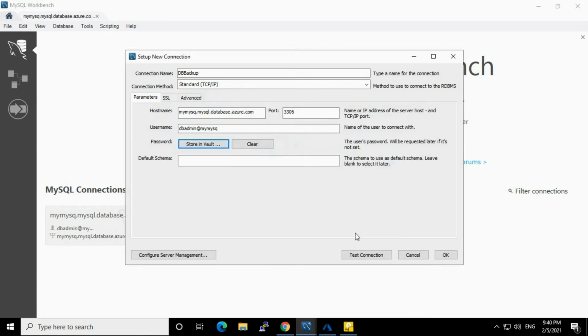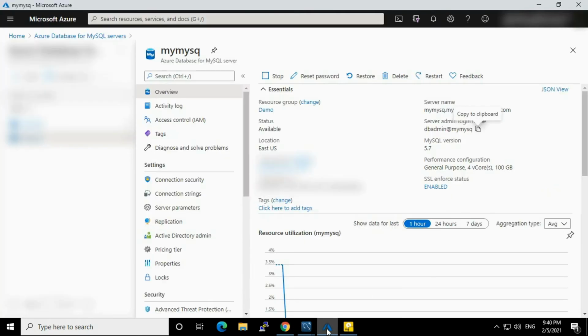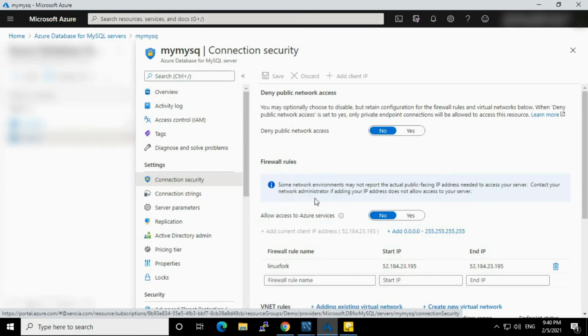Now before connecting, remember one thing. In the last video I have shown you need to whitelist your network IP. You need to allow it. I have allowed my network here on the firewall, so I can connect directly. If you are trying to connect and you are getting a failure, then please whitelist first.